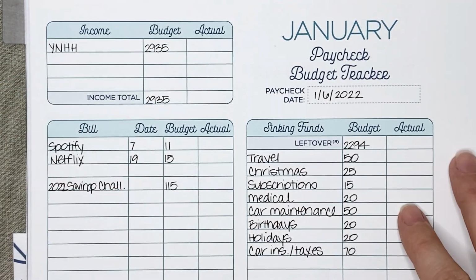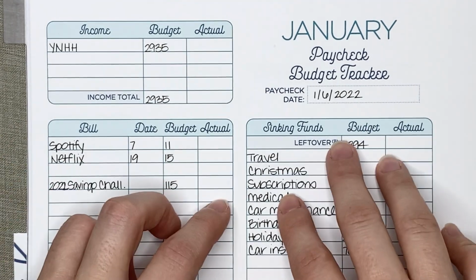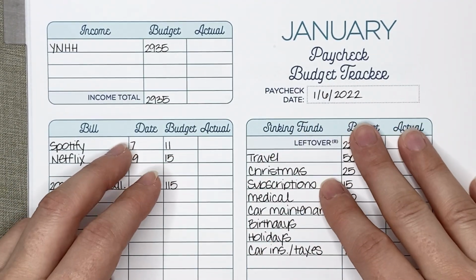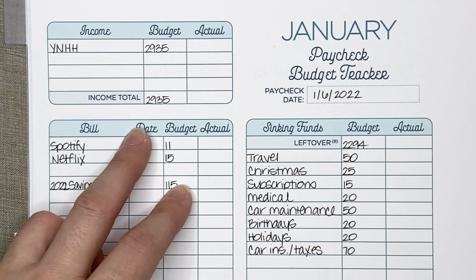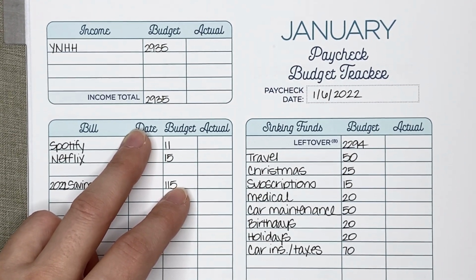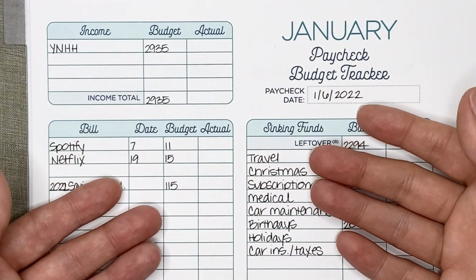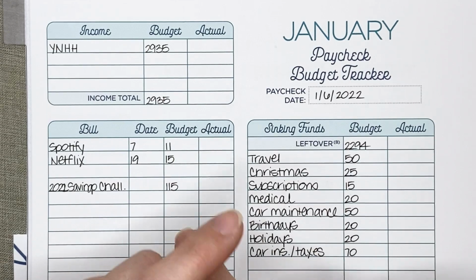As always, I start out in the income section of the Paycheck Budget Tracker. Now, yes, I received a raise in December, and I keep saying I'm going to start budgeting based on that raise, and I haven't. I had every intention of doing that with this paycheck, but I remembered that